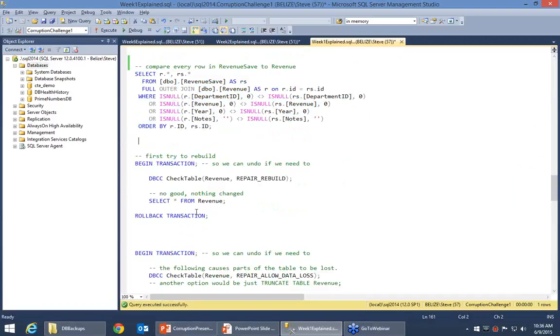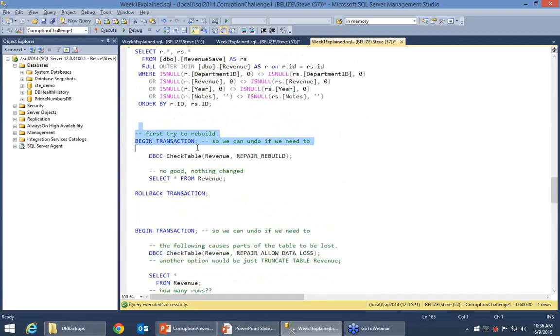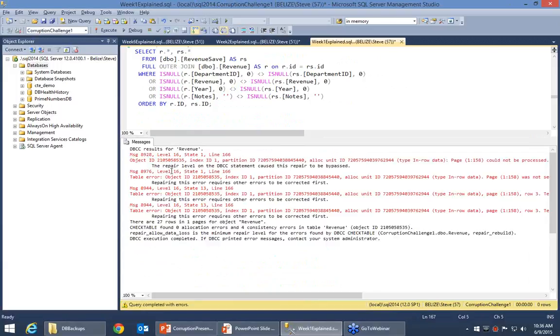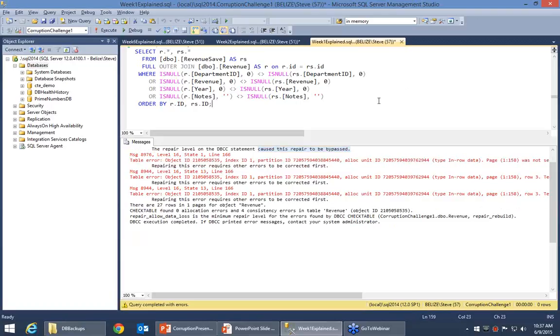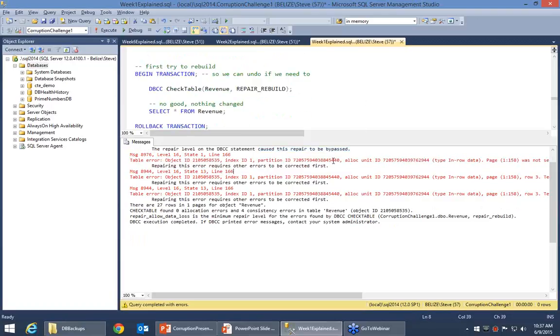Okay, so let's go about trying to fix it. So we're going to do this inside of a transaction so we can roll it back if we need to. Begin transaction. I'm going to then check table with repair rebuild. And what happens here is the repair level caused the repair to be bypassed. So what DBCC check table at this point is saying is based off of the options we've given it, it can't repair at this point. We've got to do something a little bit more, I guess, aggressive here,